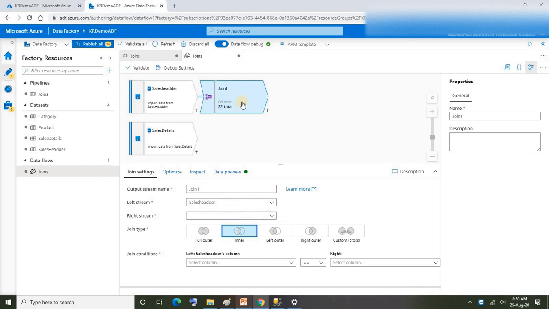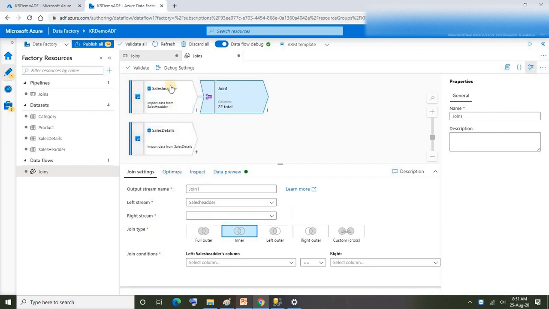If you go to the join transformation activity, you can see multiple join types: full outer, inner join, left outer, right outer, and cross join, right? So in our case, as this is our driving table, I don't want to filter out any records from this table. If there are no join conditions satisfied for any specific records, what happens?